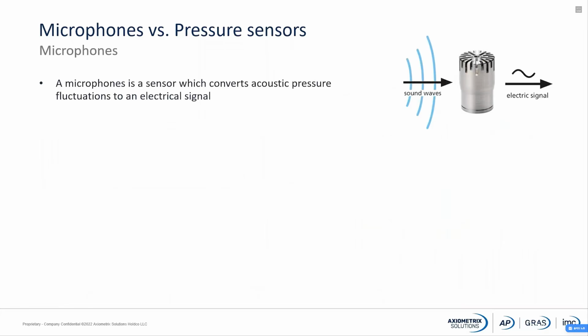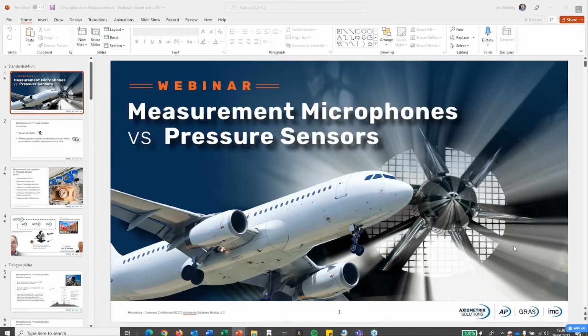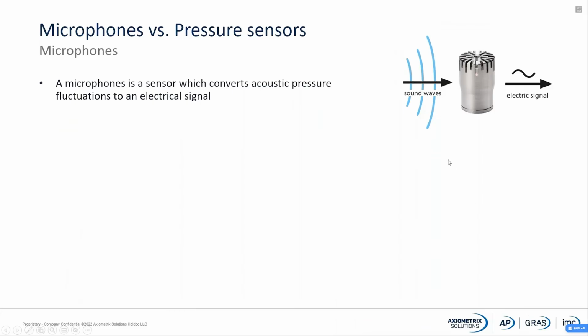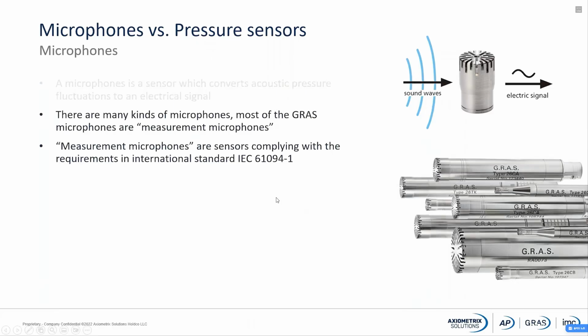So a microphone, as you can see here, is a device that is converting the sound waves into an electric signal. And we know now exactly how that is done inside the microphone with a capacitor. There are many kinds of microphones. Most of our microphones are what we are calling measurement microphones. And measurement microphones are sensors that are complying 100% with international standards, IEC